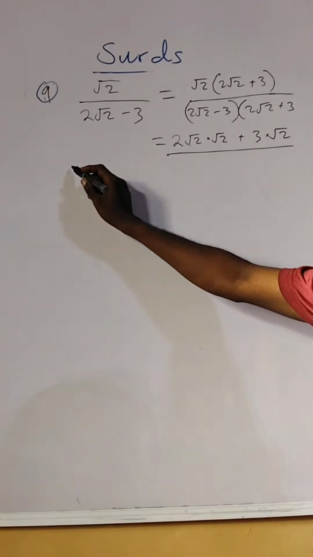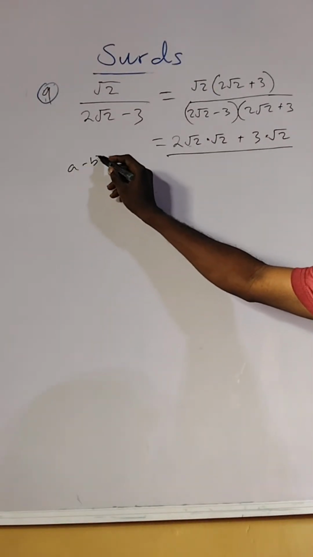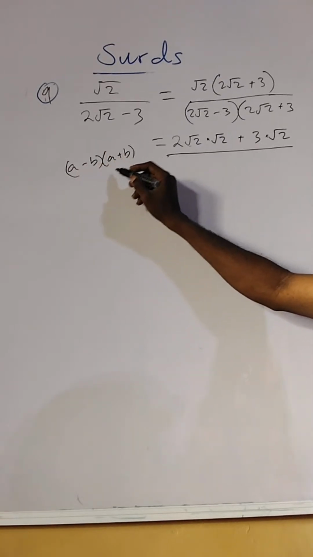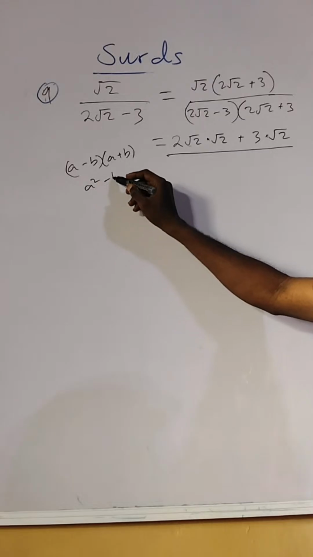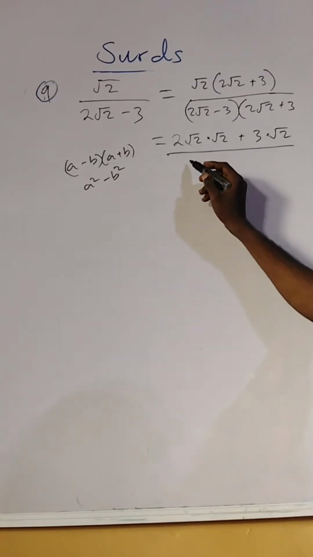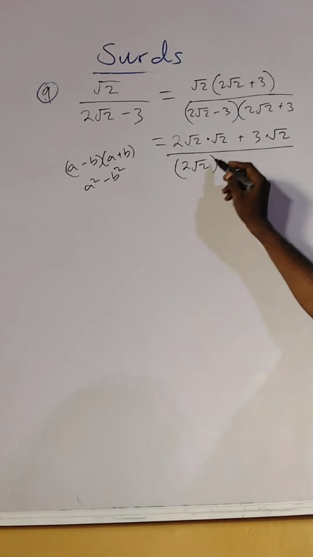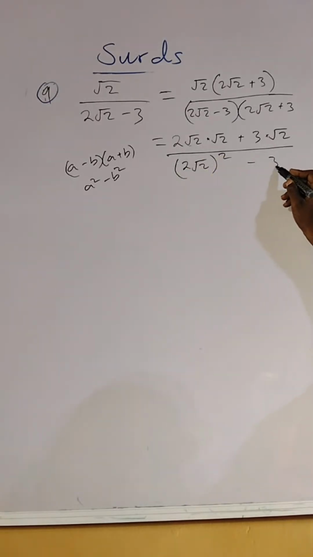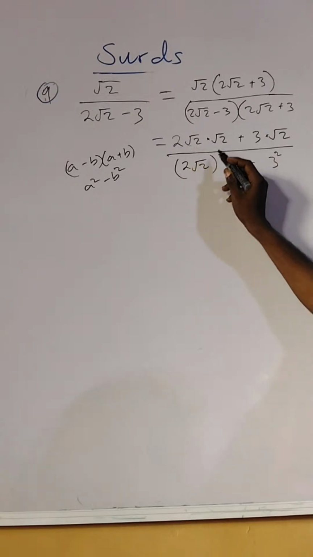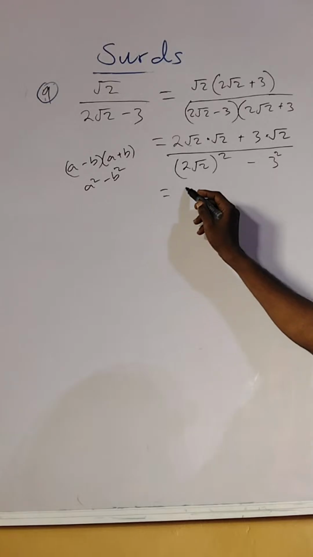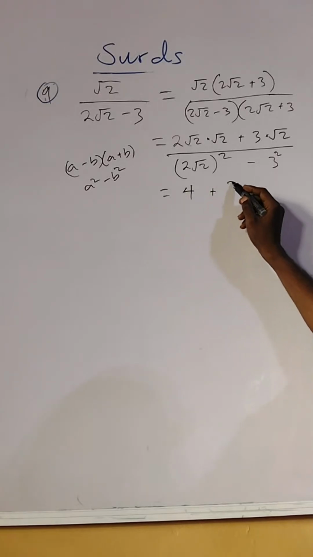And this follows when we have a minus b into bracket, open bracket, a plus b. This is a square minus b square. And this a is 2 root 2 all square, b is 3, that's minus 3 square. Now, root 2 times root 2, that's 2. Then 2 times 2, 4. So this one gives us 4 here, plus 3 root 2